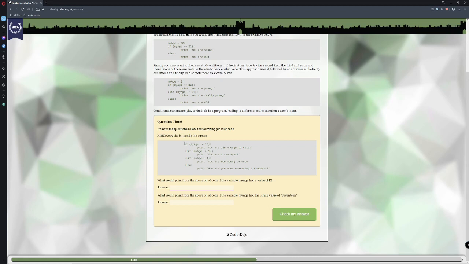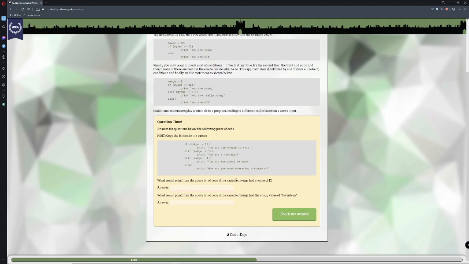Else if, that means that if this statement is not true, however, you want to check something else is true, you would say, else if my age is greater than 12, so if somebody is over the age of 12, it will print you are a teenager. Else if they are older than 4, it would print you are too young to vote, because who's going to be voting at that age? It's ridiculous. And then again, if these statements are not true, then it's going to say, hey, everybody else who's in the crowd, you're old enough to own a computer.